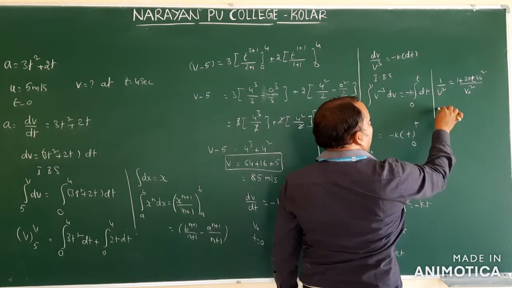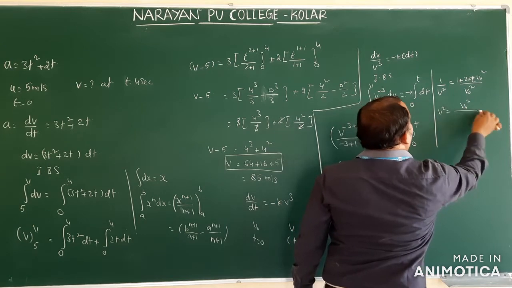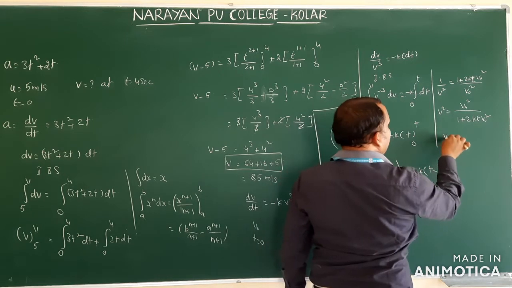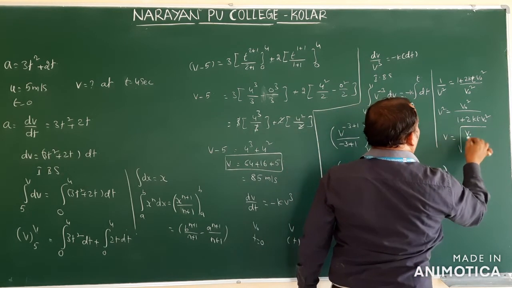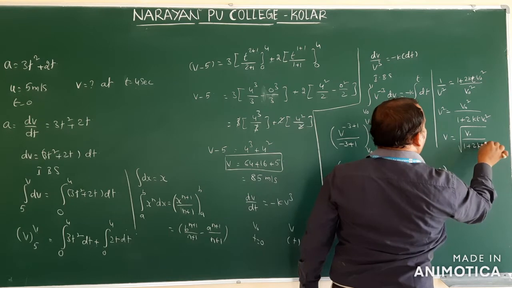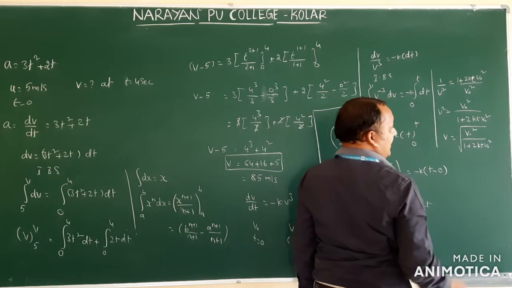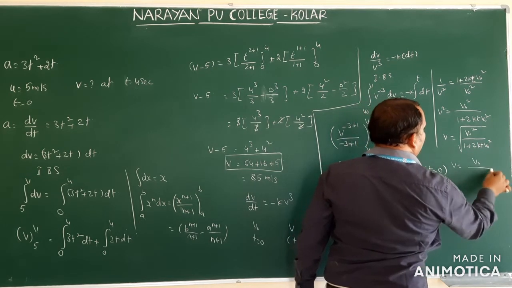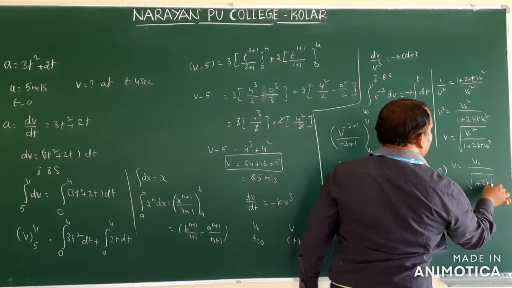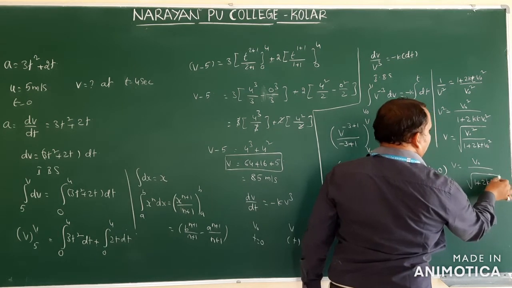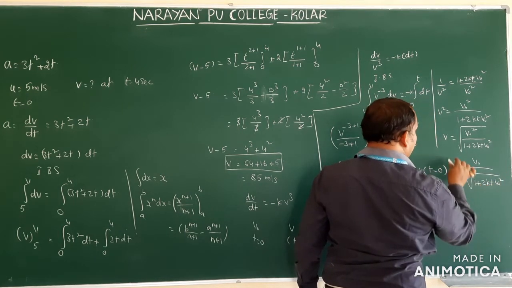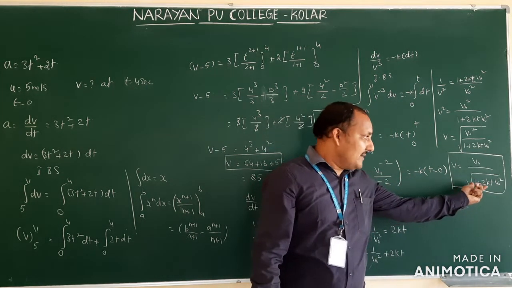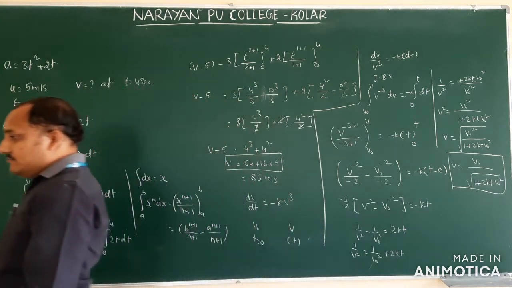You have to find V. Therefore, V square equal to V naught square by 1 plus 2kt V naught square. Then V is equal to under root. So this square and root will be cancelled in the numerator. So V is equal to V naught by root 1 plus 2kt V naught square. This square and root you should not cancel because this is function of this one. So this is the equation. You can write in so many ways. I think they may give this one as the final answer.